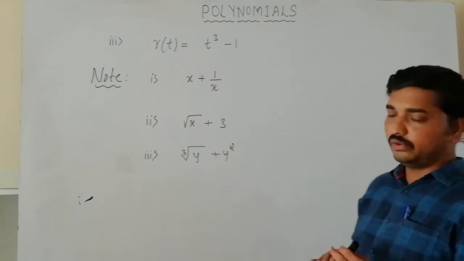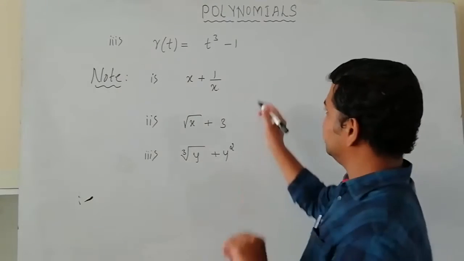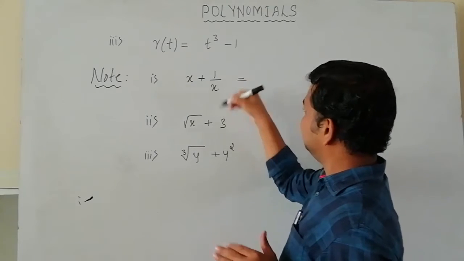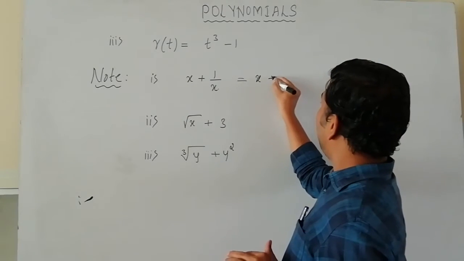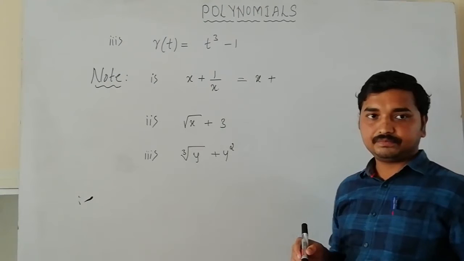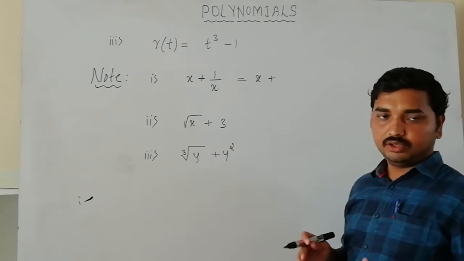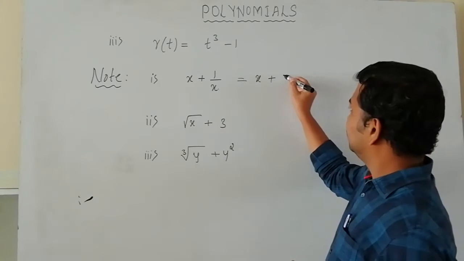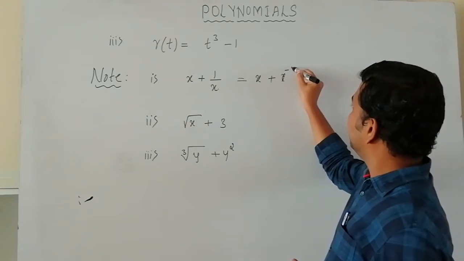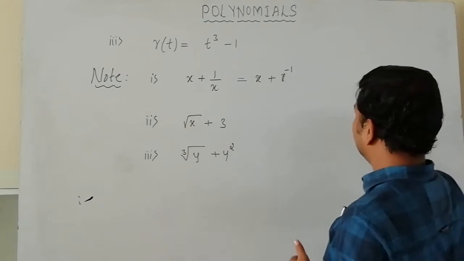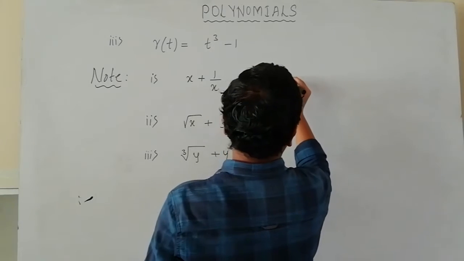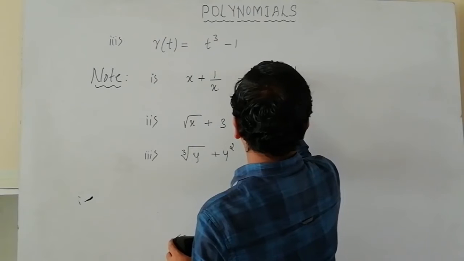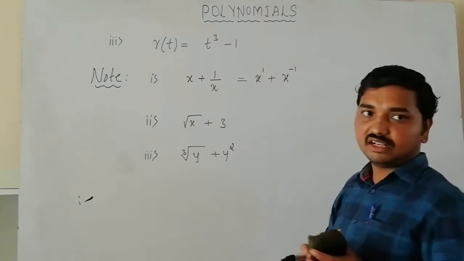Okay, so now look at here. All of you look at the board. I'm going to define why it is not a polynomial. So now look at here. X plus 1 by x. 1 by x can be written as, if you take that one to the numerator, what will happen? x to the power minus 1. Actually, it becomes like this. Okay, x power minus 1. Now look at here. Here the exponent is 1. Here exponent is minus 1.